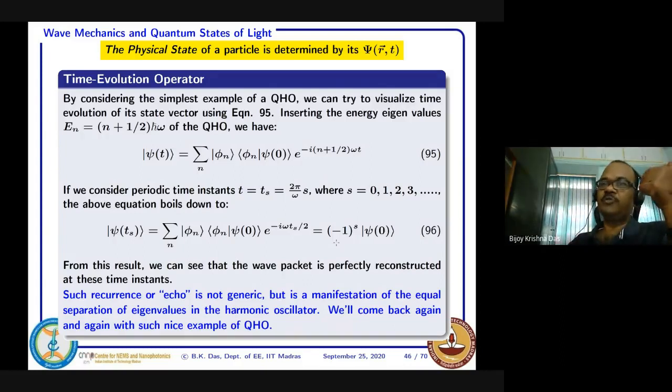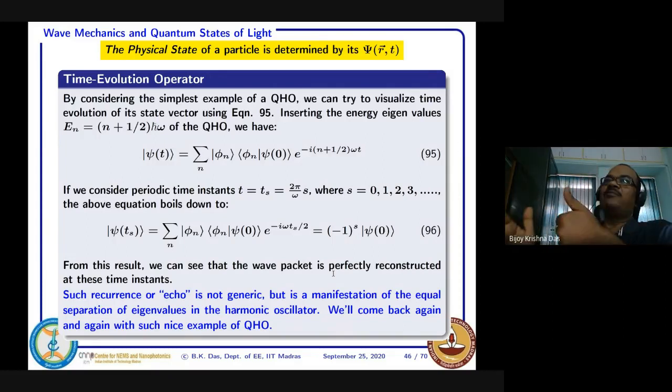This is the principle of superposition of eigenstates actually. So in the case of the quantum harmonic oscillator, it looks like an echo is coming again and again, but this is not generic, as I said. This is possible only when a Schrodinger wave equation gives you eigenstates with eigenvalues with a regular spacing, h cut omega here. If they are not at a regular interval, you would not get this type of well-defined periodicity of the total state vector.